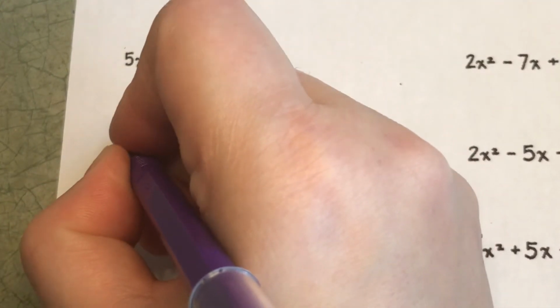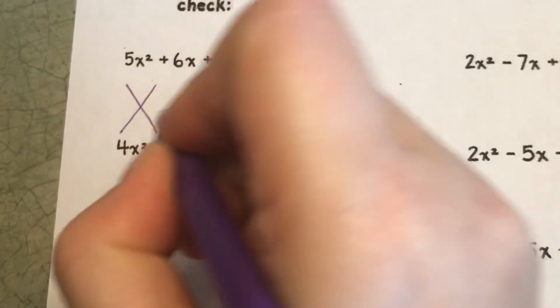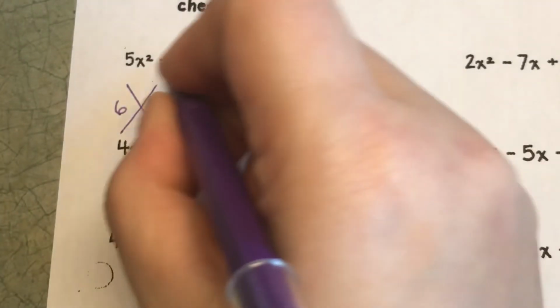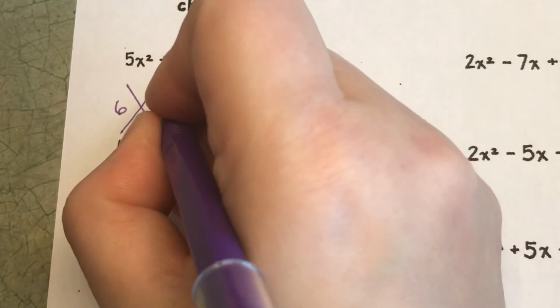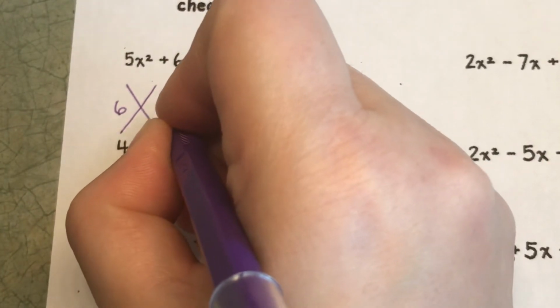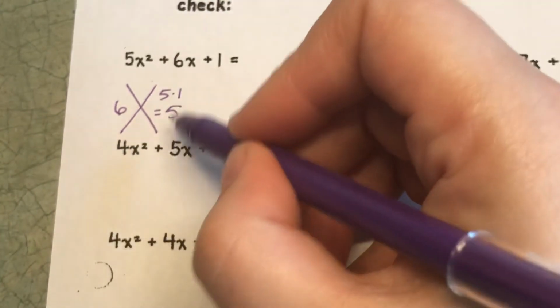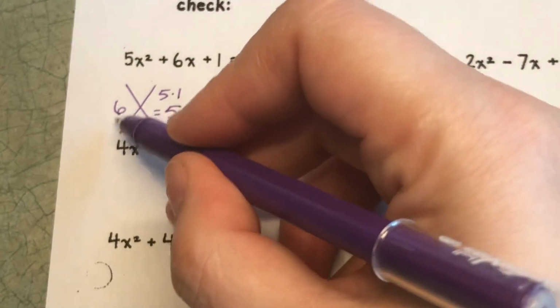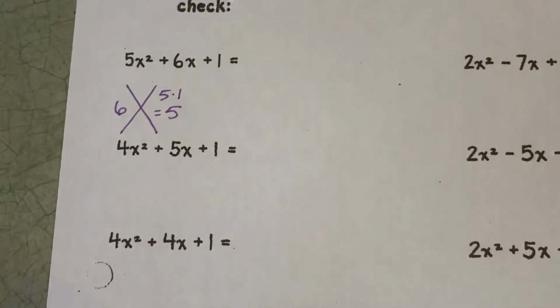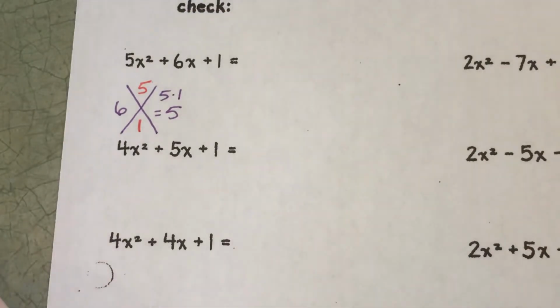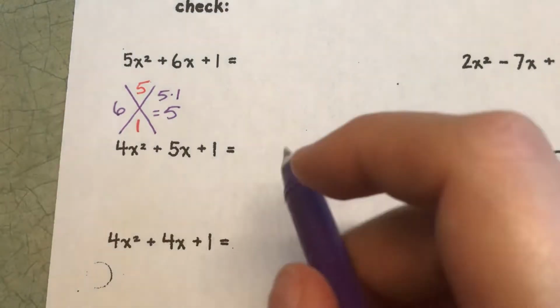So again, we're going to start. Our middle term goes to the left. We multiply the two end terms to get this. So this is 5. So two numbers that multiply to make 5 and add to make 6. Well, this is going to be 5 and 1. Okay. So then